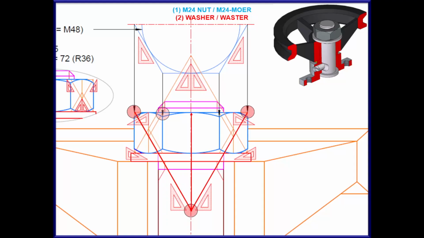We will then, with our 60-degree set square, draw a line from the first face, right hand corner, to get our smaller arc for the first face. Then for the third face, we will draw with our 60-degree set square a 60-degree line to get the center point for the smaller arc on the third face. We will then do our 30-degree chamfers on the far left as well as on the far right, and then we will connect the two chamfers. A more detailed video is available for viewing on bolt and nut construction.